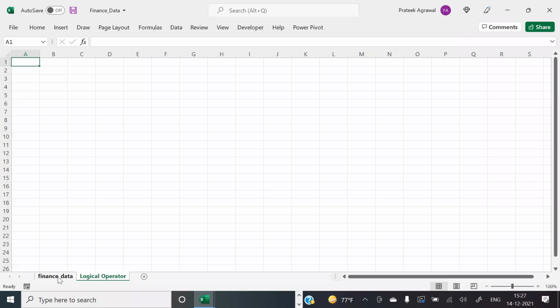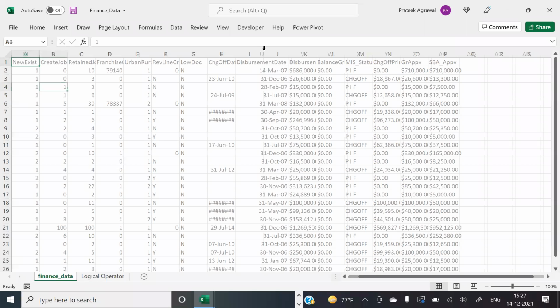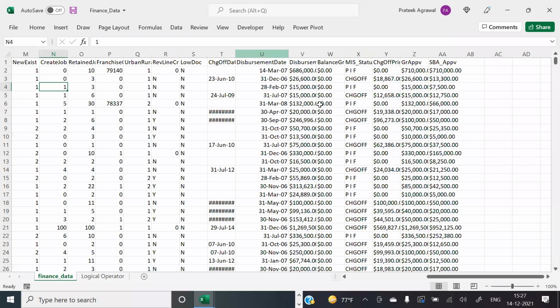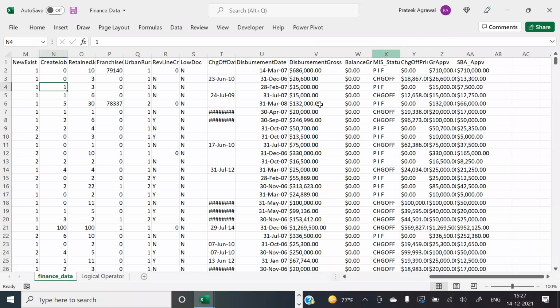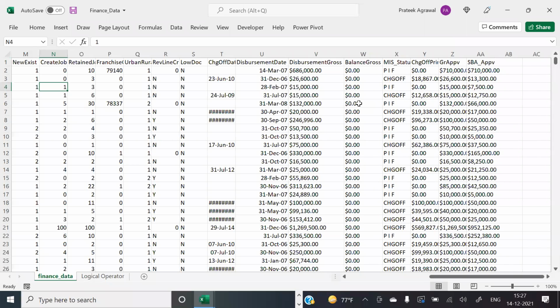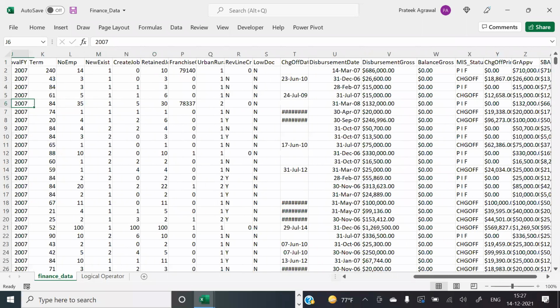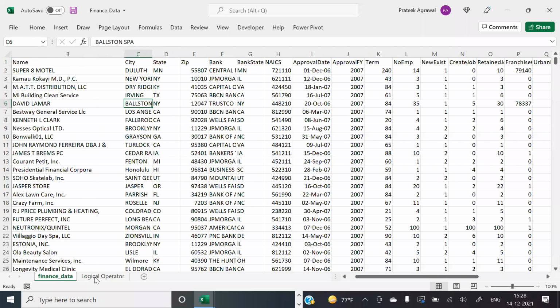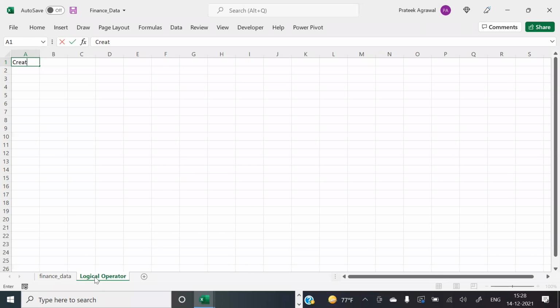Okay, first question: create a column of true or false.